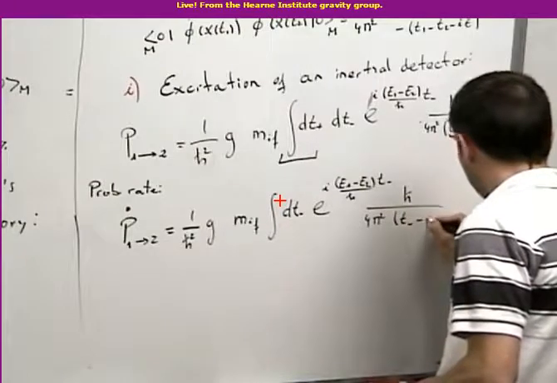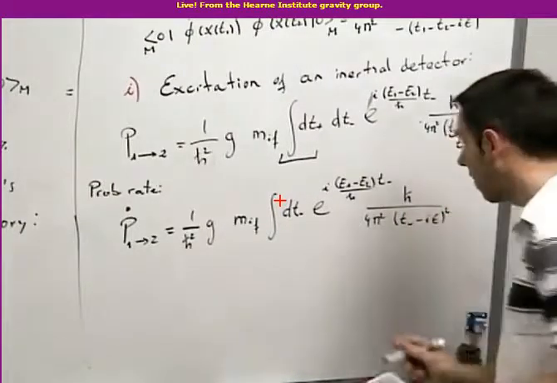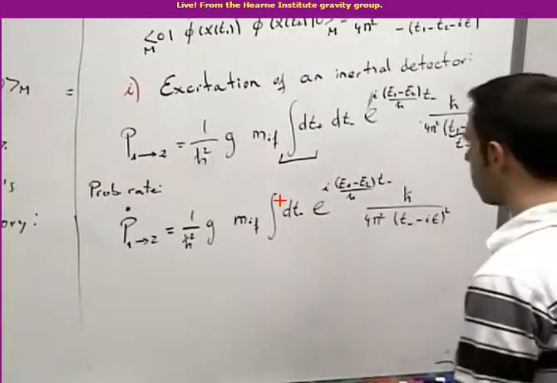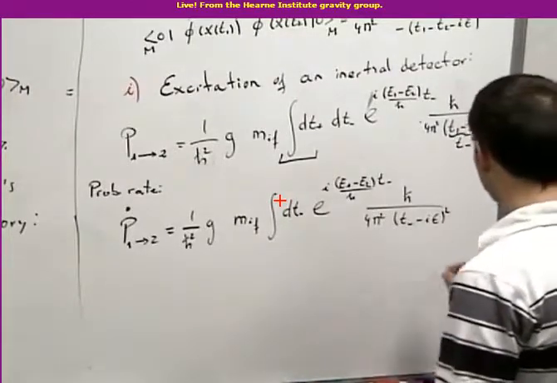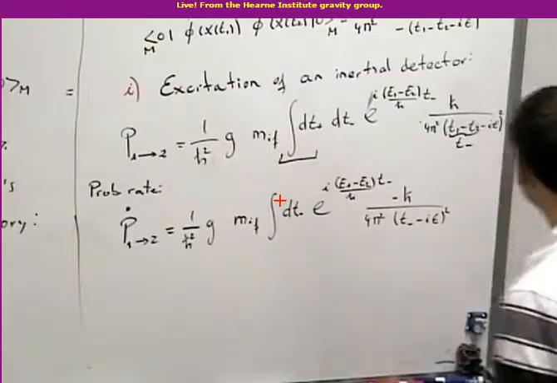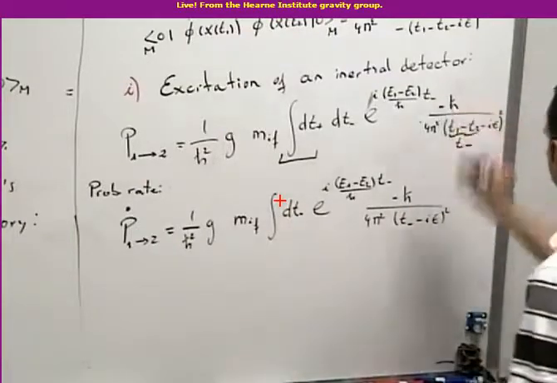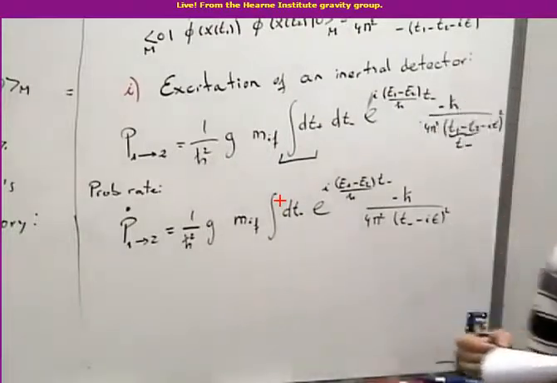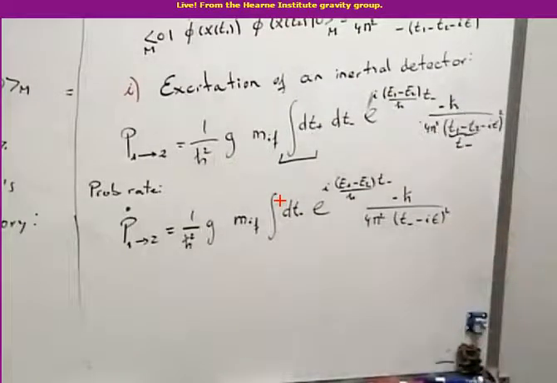T minus E epsilon. So this is the integral we have to do. What happened with the minus sign? I forgot it. Minus there. Thank you. And this integral is quite easy to do because, you know,